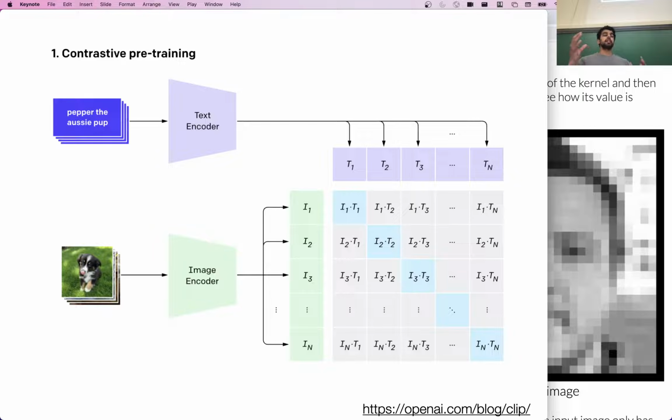So you have these paired image text examples. The diagonal represents I1, T1, I2, T2, I3, T3. These are all the correctly aligned images and their corresponding captions. Any other off-diagonal element is unaligned, either the wrong image or the wrong caption.